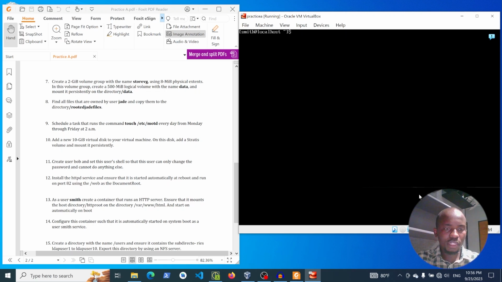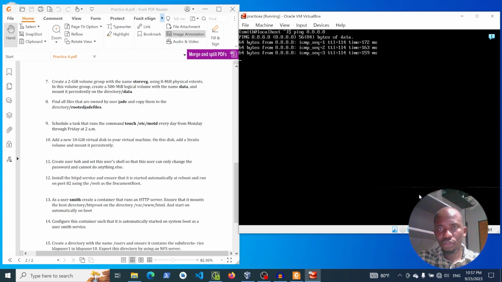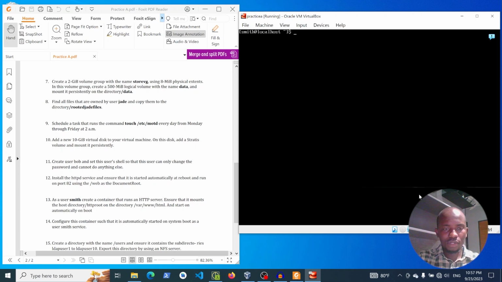And now I'll try to create the container following the requirements which are specified. So first things first, I have to be able to download the container from the repository. That means my server must be able to reach the internet. So it's working. So I'll try now to create a container with podman run. I will start the container in detach mode,